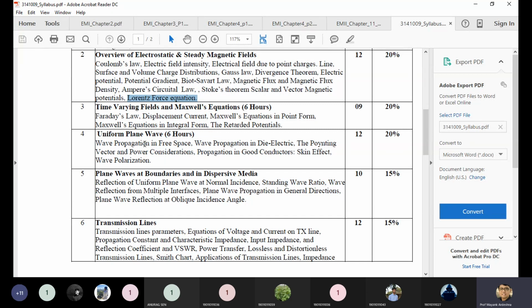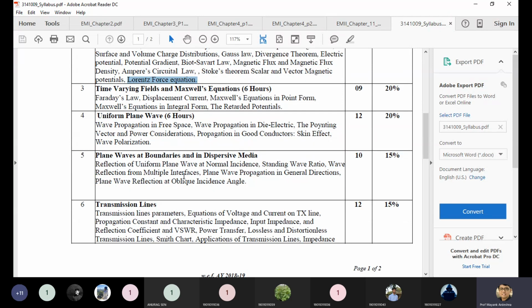After that, we found the Poynting vector, because when you transmit any wave as an electromagnetic wave, the most important part we deal with is power. The power associated with an electromagnetic wave is considered as the Poynting vector. Same way, we found the skin effect. Skin effect is when you transmit any wave in a conductor, and if I increase or decrease the frequency, it also affects the signal strength as well as the polarization of the waves. So we discussed the skin effect.